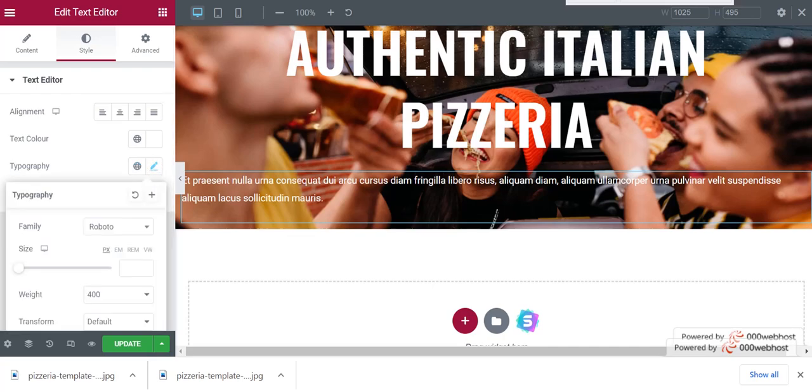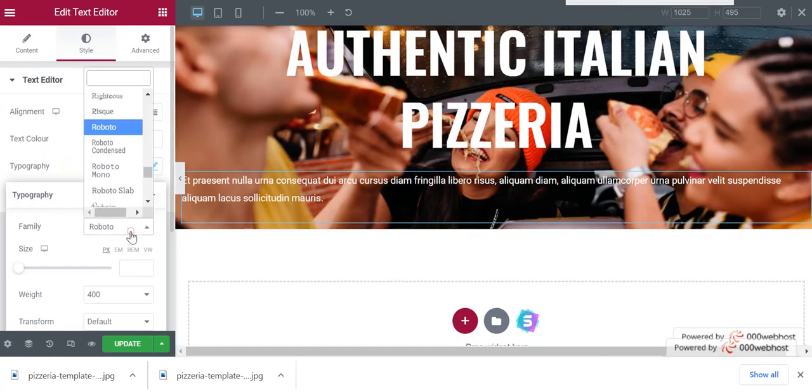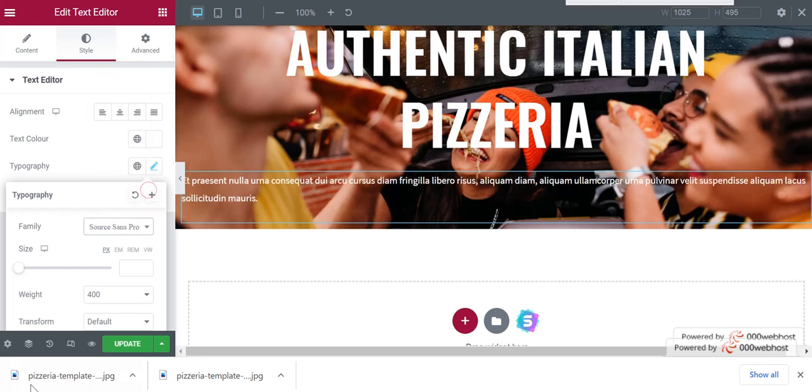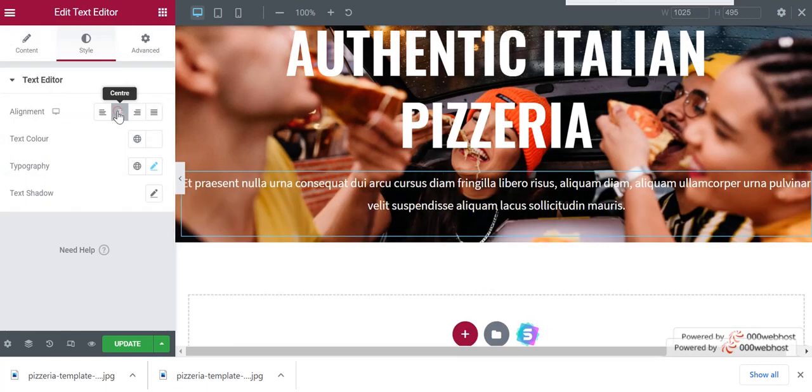Now go to typography, and here we can see it's Source Sans Pro. So we will select that, Source Sans Pro. Now we will adjust the size and the alignment middle.